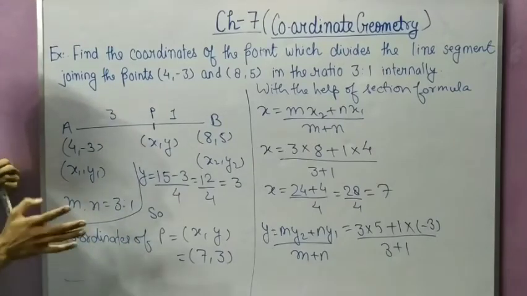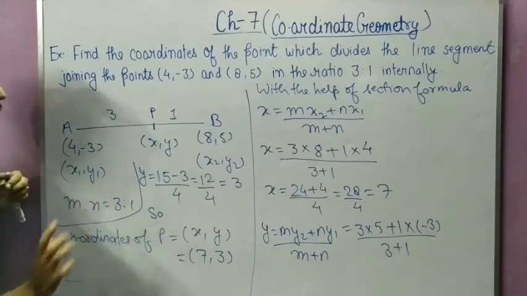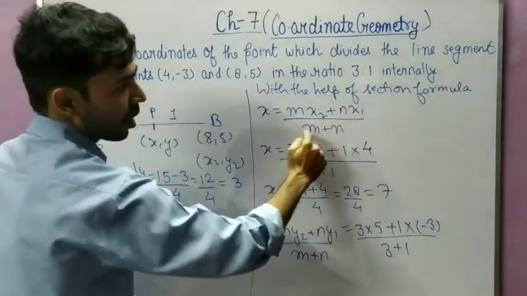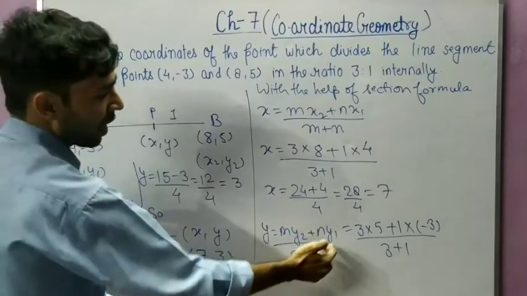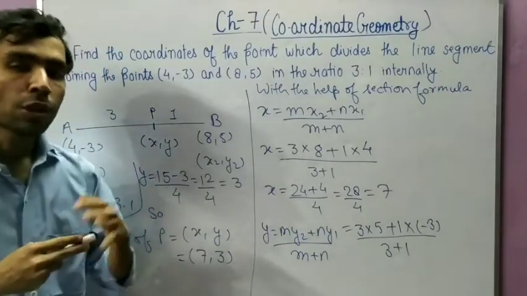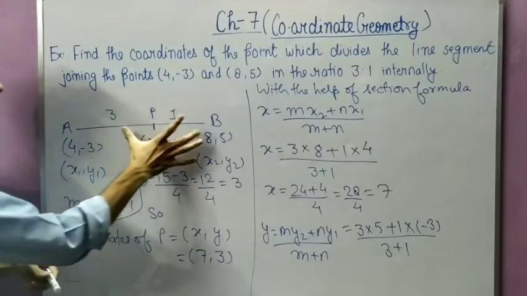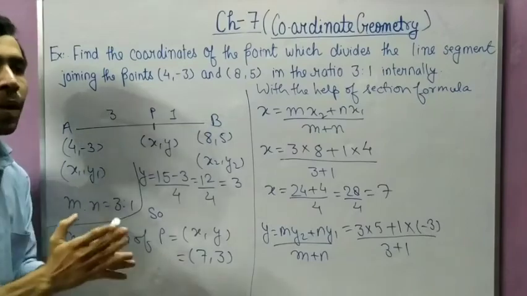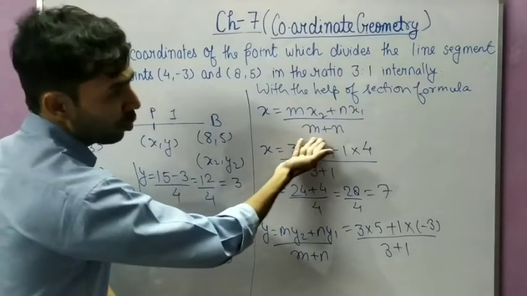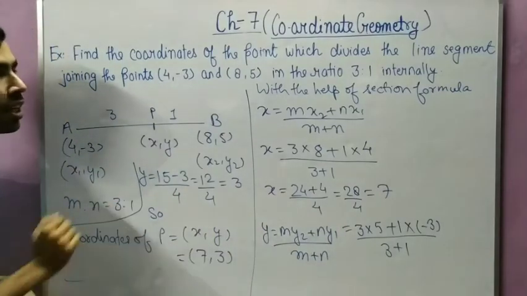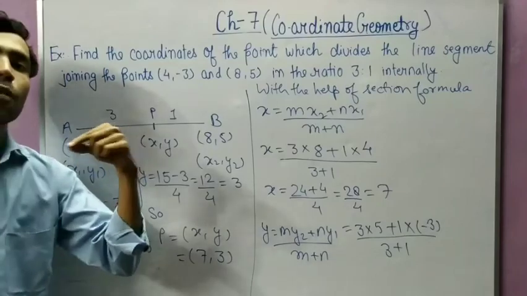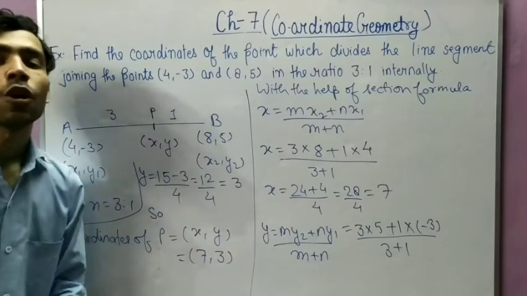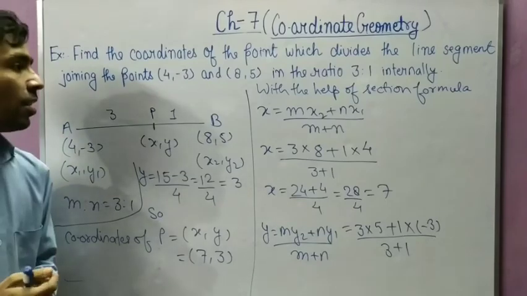So हम लोगों ने सारी वैल्यूज देख लिया, एंड m एंड n की जगह पे क्या दिया है, 3 and 1. सो हम लोगों ने सेक्शन फॉर्मूला अप्लाई किया, एंड सेक्शन फॉर्मूला सजेस्ट दैट x इक्वल टू (mx2 प्लस nx1) अपॉन (m प्लस n) एंड y इक्वल टू (my2 प्लस ny1) अपॉन (m प्लस n). बेसिकली सेक्शन फॉर्मूला उस पॉइंट का कोऑर्डिनेट फाइंड करने के लिए प्रूव किया जाता है जो कि इस लाइन सेगमेंट को किसी रेशियो में डिवाइड करता है, इसीलिए हम लोग सेक्शन फॉर्मूला यूज करते हैं, ठीक है. और इस पॉइंट का कोऑर्डिनेट था (x, y), तो पहले हमें x निकालना पड़ेगा और फिर y निकालना पड़ेगा. तो x का फॉर्मूला ये होता है, तो x 7 आ गया, y का फॉर्मूला ये होता है, तो y 3 आ गया. और अब चूंकि कोऑर्डिनेट लिखना है, किसी पॉइंट का जब आप कोऑर्डिनेट लिखते हो तो उसमें x भी आता है और y भी आता है, तो दैट्स व्हाई द कोऑर्डिनेट ऑफ पॉइंट P विल बी (x, y), दैट इज (7, 3). ओके, so I think this is clear to you.